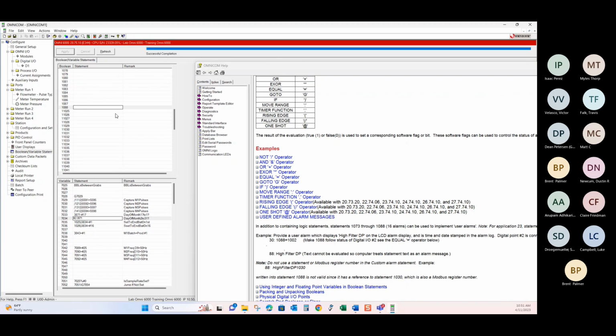So here, they would have typed in, and you can type in the same thing here. This is just for your information, right? Or you can just say whatever you want in the remarks. But this is what the alarm will say in the alarm log when that digital number 2